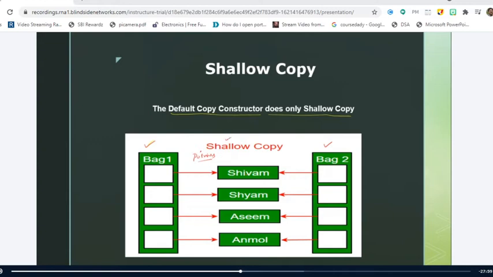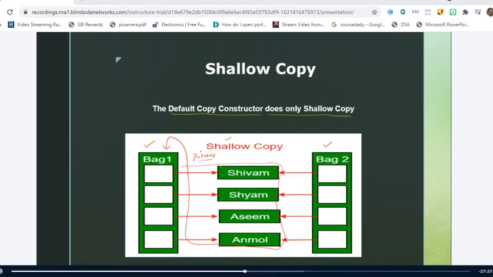Shallow copying means this Shivam, Shyam, Asim and Anmol belong to bag1. When I use the default copy constructor, the values of Shivam, Shyam, Asim and Anmol are copied to bag2. But you can observe here that both bag1 and bag2 are pointing to the same location, right?